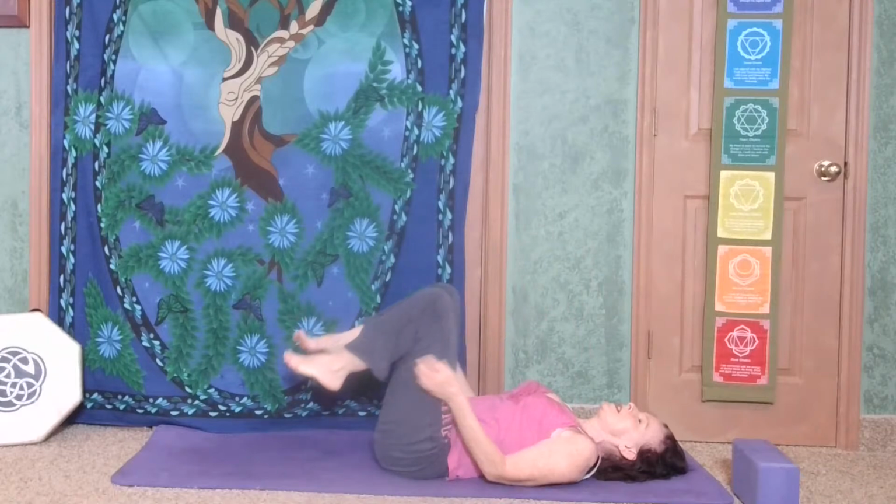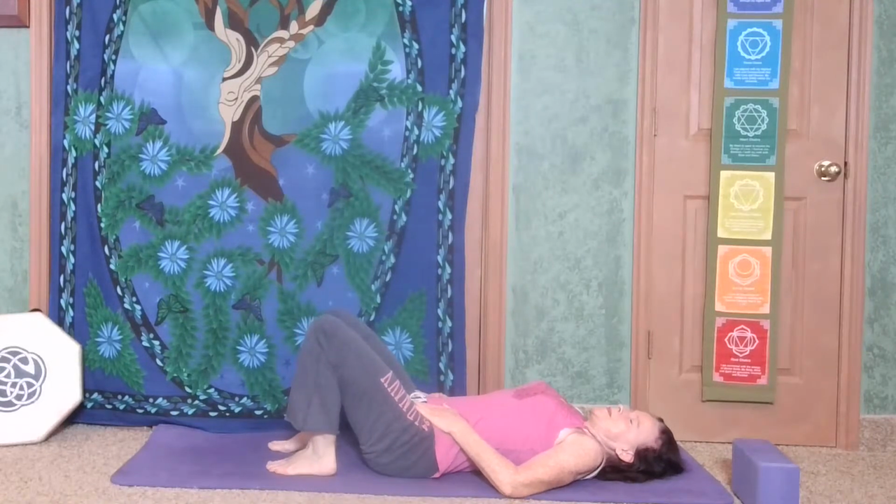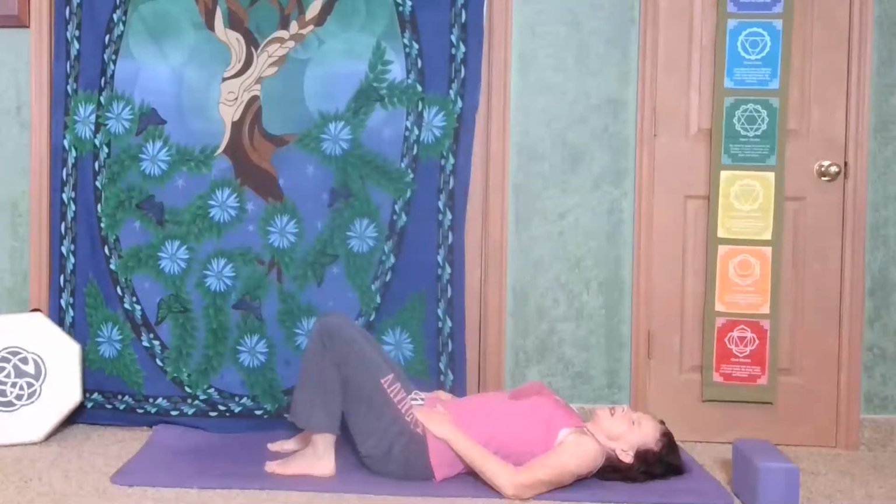Moving into our releases. We're going to begin with our hulas. We're going to find those hips, our hands, and we're just going to be swiveling the hips as the sacrum swivels. So I'm taking my right hip, it's reaching down towards the right heel. My left hip is reaching up towards the left armpit,